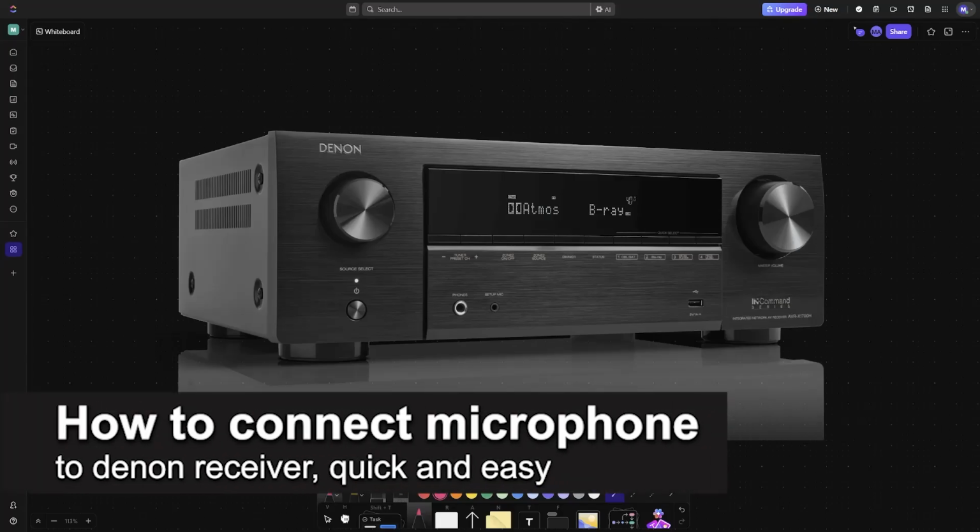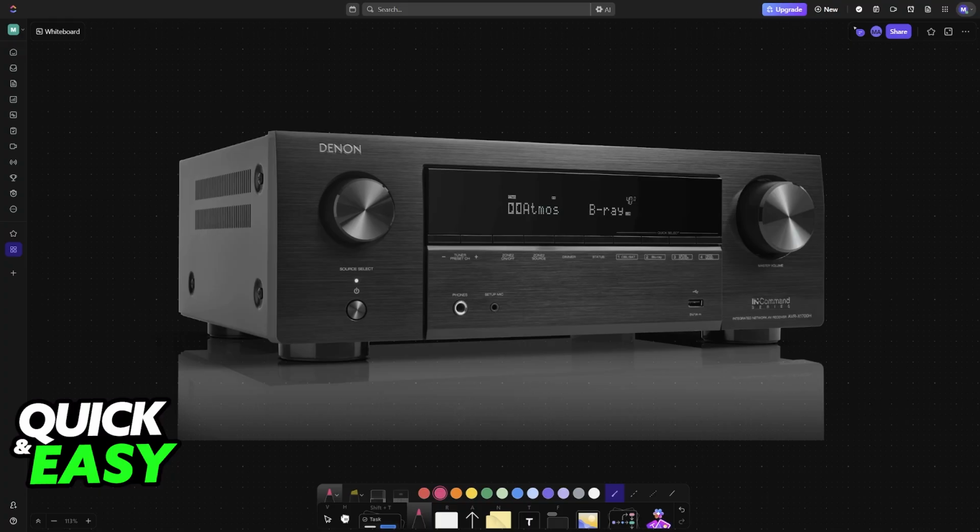In this video, I'm going to teach you how to connect a microphone to a Denon receiver. First, I want to make it very clear that while this is possible, it isn't going to be specifically straightforward. Connecting a standard microphone for voice recording or karaoke to a Denon receiver, like I said, is not going to